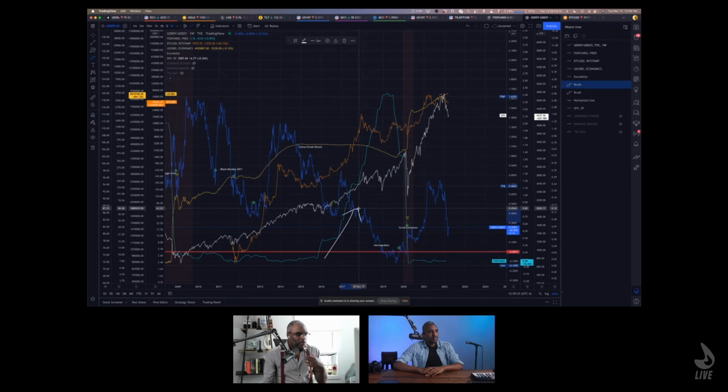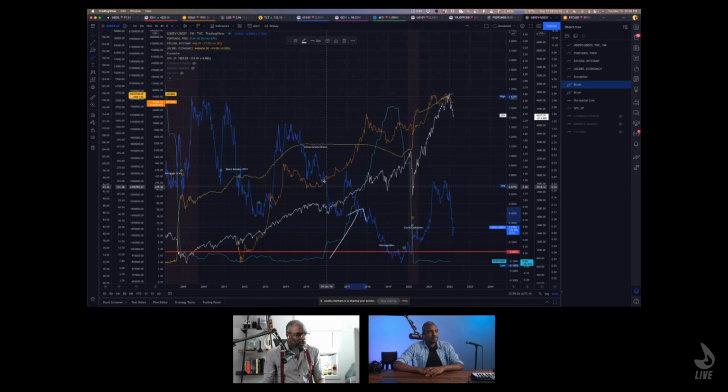But there was still momentum in the economy because you see here the yield curve hasn't inverted yet. It's not even close to inverting. Around here, the yield curve is still fairly high. In fact, it's where it was before it bounced off last time. We're not even at inversion yet, right? So there's still money sloshing around in the system. There's still momentum, and so that's why we see the stock market still goes up, and the Bitcoin still goes up, right?